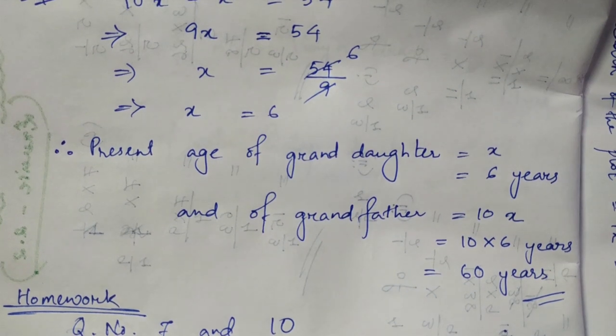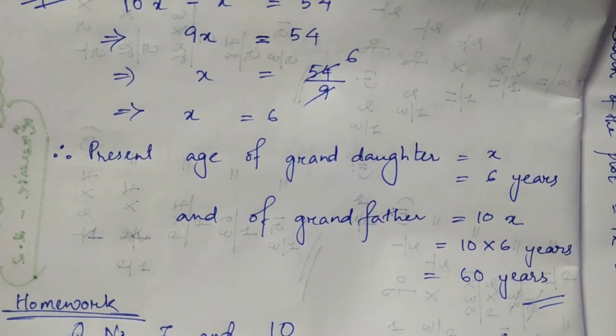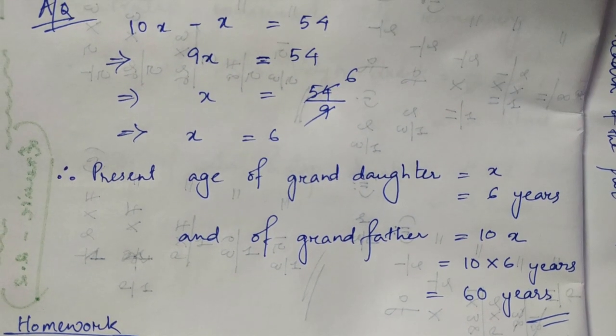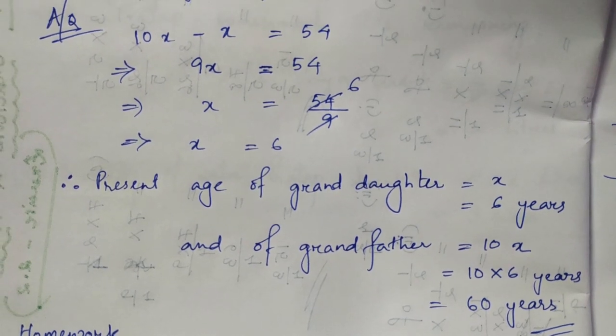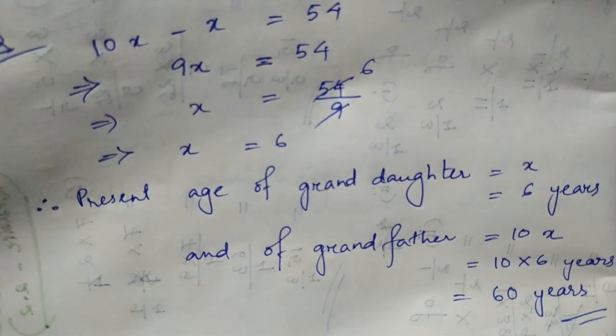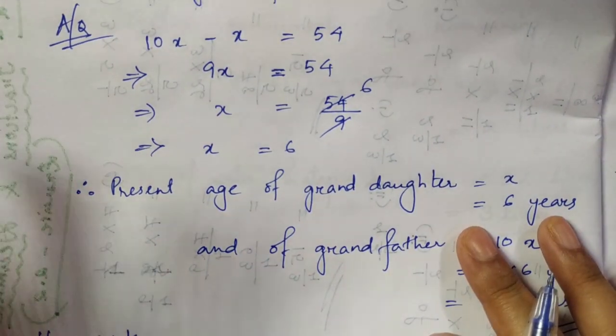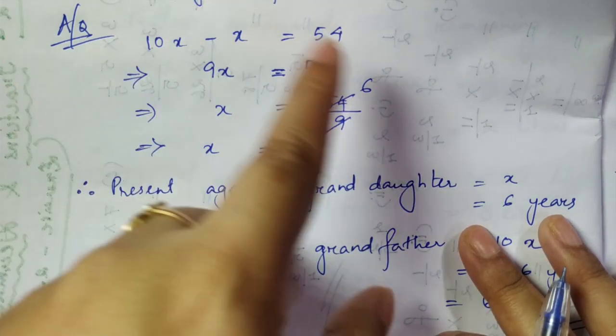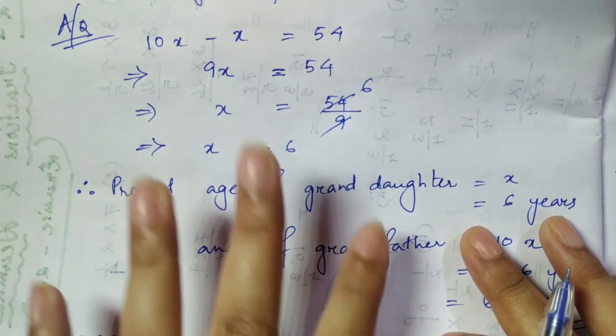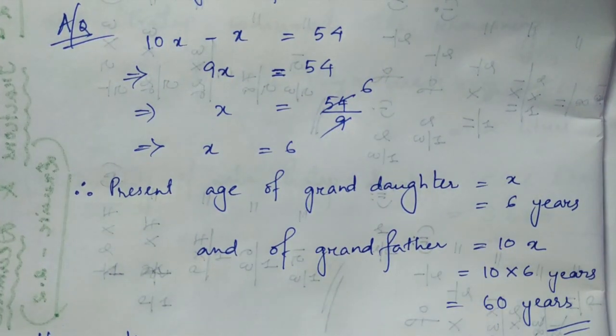See, it's very important that you read the question line by line. You might not be able to frame the equation after reading the question once, but you have to read it once or twice, more and more, till you get the thing, and then you will be able to form the required equation. And when you are able to form the equation, it's very easy to solve a linear equation, and you then get the unknown things, whatever is required.